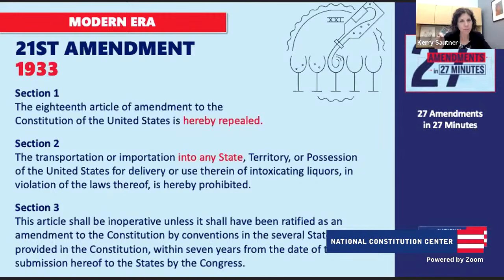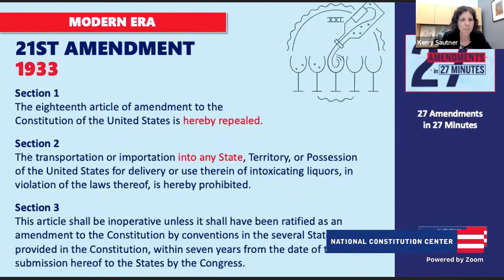And the 21st Amendment was done by ratifying convention. It's the one anomaly. Is that correct? Yes, so the 21st Amendment ratified in 1933 gets rid of prohibition. It's the only time we ratify through state, especially called state ratifying conventions. Every other amendment, the other 26, are ratified by state legislatures.